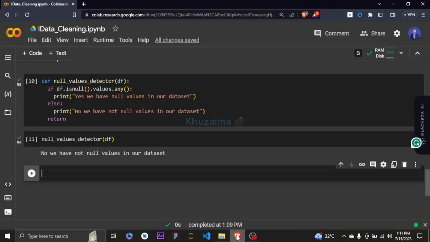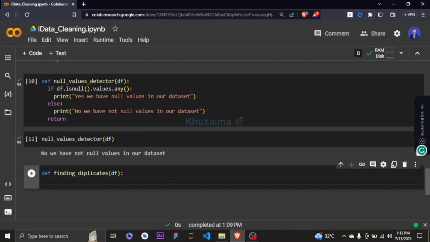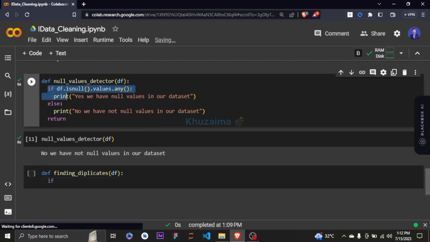So the next thing we are going to do is create a function. Creating a function is a good thing, because we can use it again and again whenever we need it. We don't have to write the code again; we just call our function and pass the argument, and it will simply give you an answer. Okay, so let's create another function for finding duplicates. Just pass the parameter,